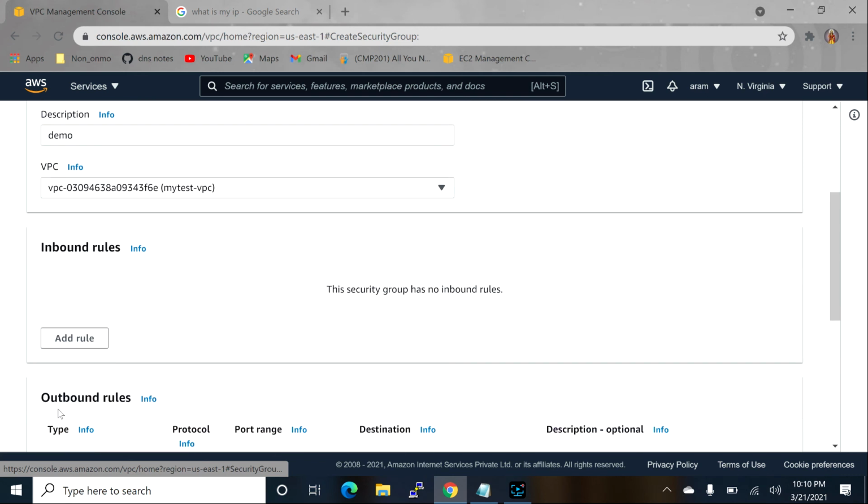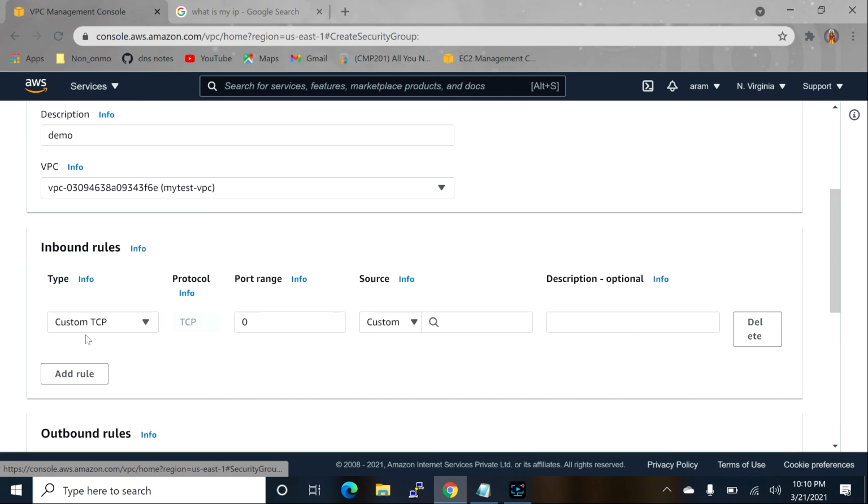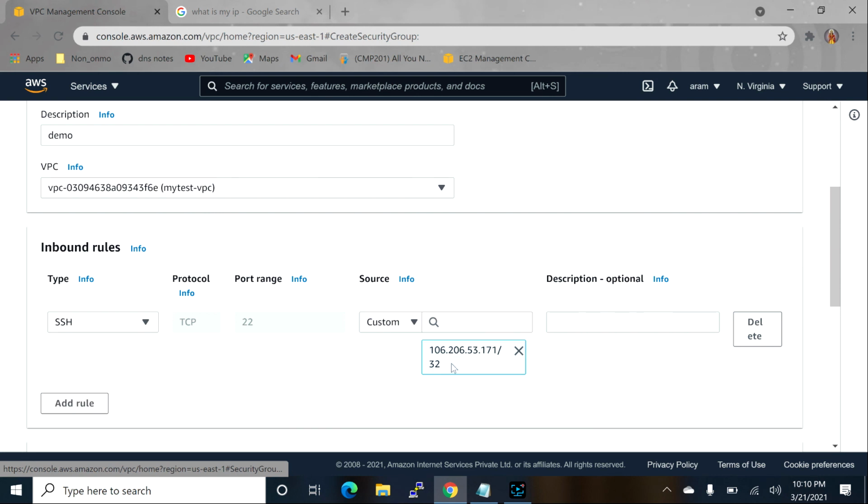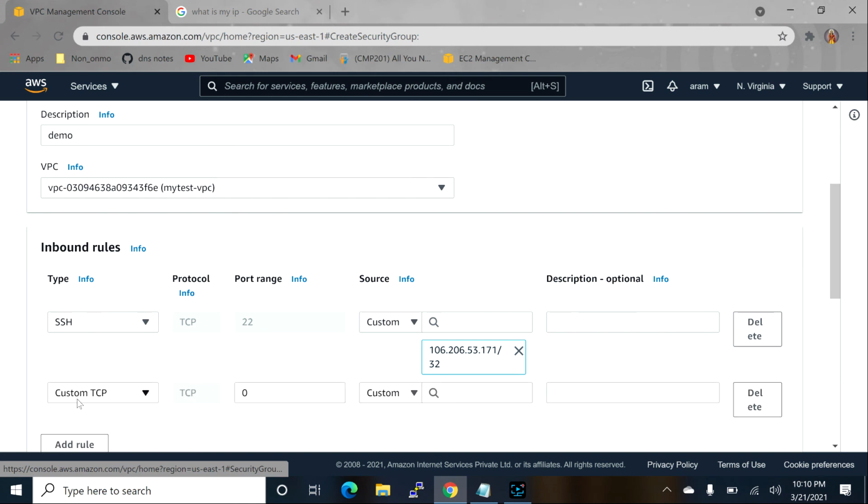By default there is no inbound rule, you have to add it. I'm going to allow SSH only from my network, /32, a single IP. Or whatever is required, you can open.